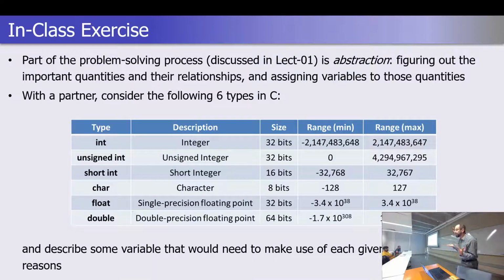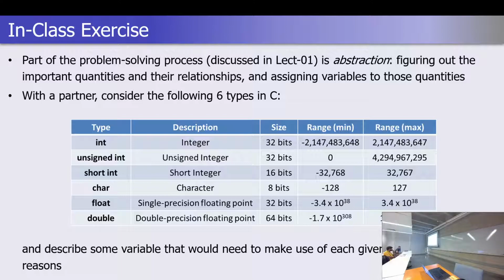But I'd like to start off today with just a couple minutes of turning to your partner. You may have to move a little further to find your partner, or just make a little huddle of people around you, and discuss this concept for the following 6 types here, which is more than just the basic 3, but just some obvious variants of the basic 3 types. And I just want you to think about, not an exact value it needs to have, but as you are working on any arbitrary program, to come up with some type of variable that would need to make use of